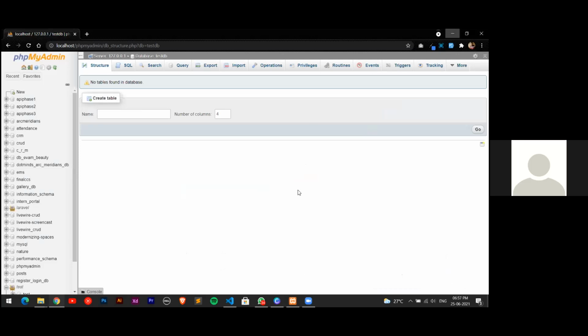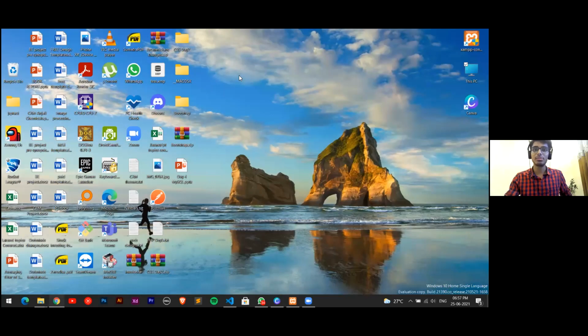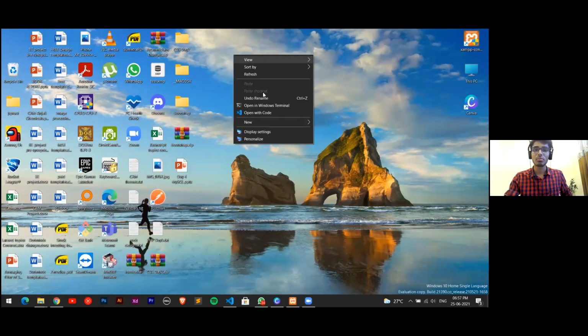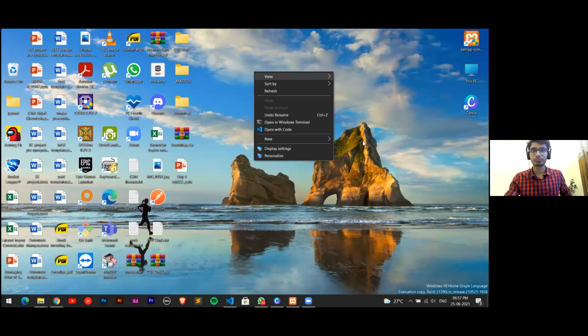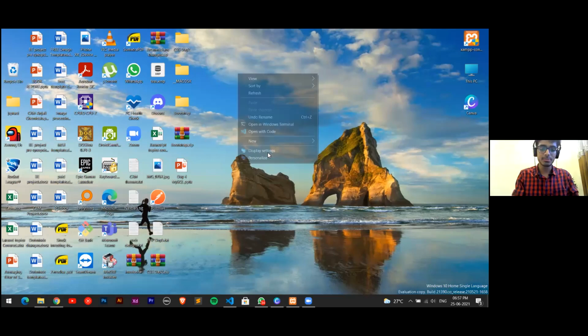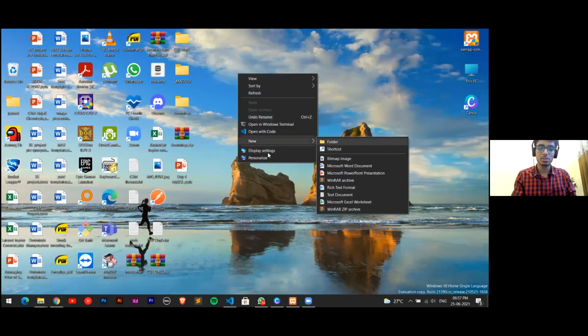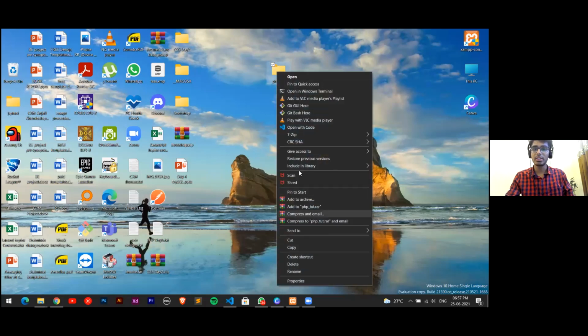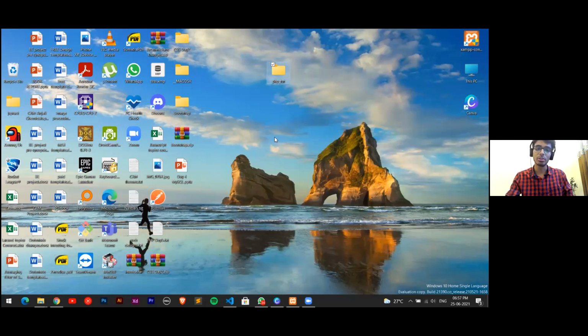Okay, I'll just make a folder over here and give it the name PHP tutorial. I've made a folder over here and I'll just right click and open it with code.